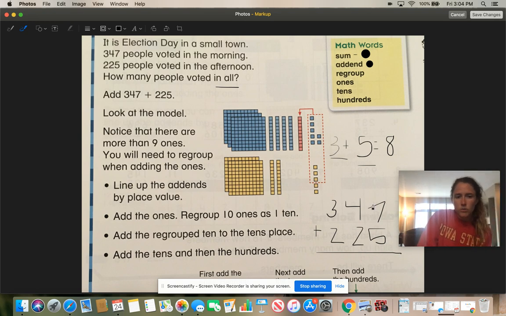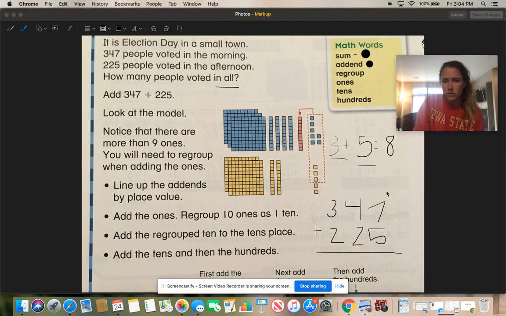Then it says to add the ones. So here we go. 7 plus 5. 7 plus 5 is, anybody? 12 is right. So we cannot fit. Now remember, we can only fit one number in each one of these places. We cannot put 2 there. So because 7 plus 5 is 12, we can only fit this 2 in this